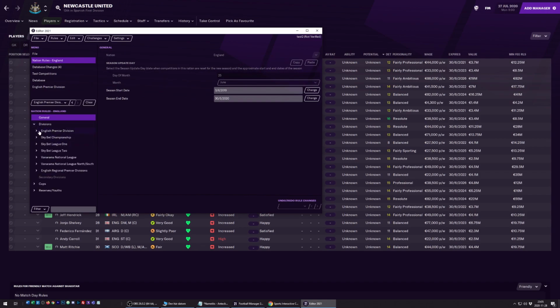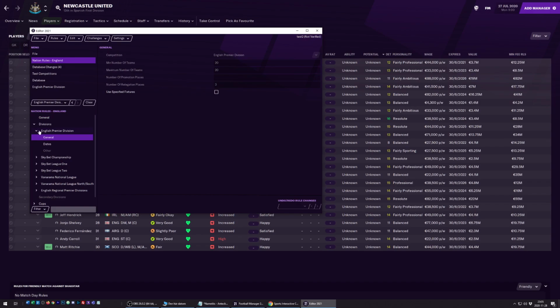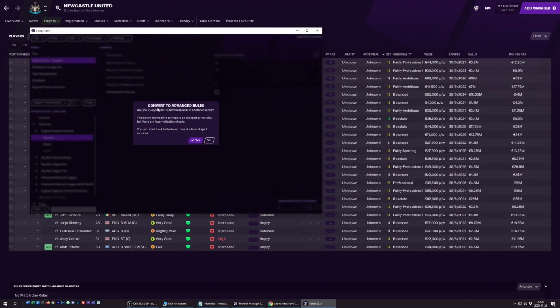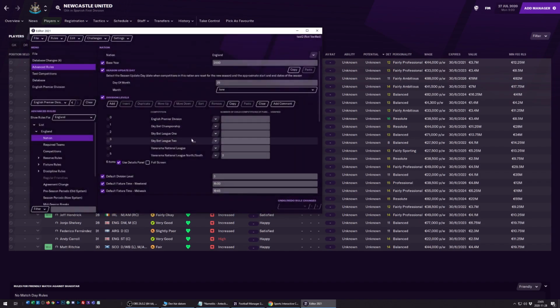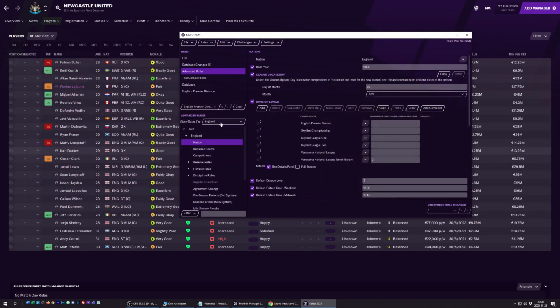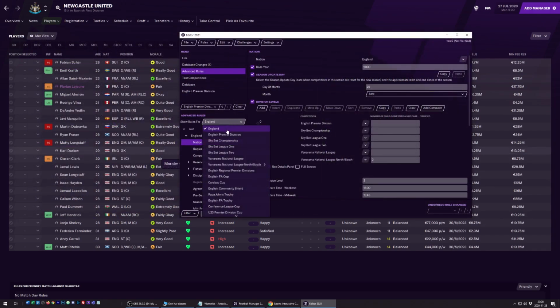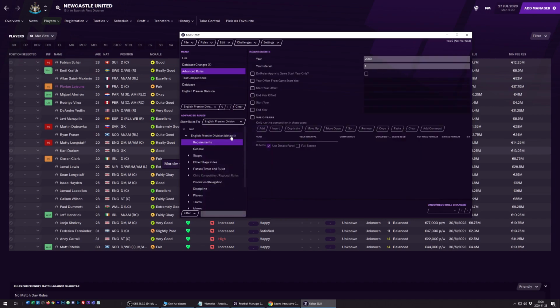Now we have nation rules for England. We can see the divisions. So let's say we want to make custom rules for the English Premier Division. As you can tell, there's not much we can do for the Premier League. Well, we could go to rules and go to convert to advanced rules. And now we get a little warning that things are going to get a little bit extra complicated. But if we pick this one, now we can do a lot of different changes, set up a lot of rules. And if we change it here, from show rules for England to show rules for the Premier League,